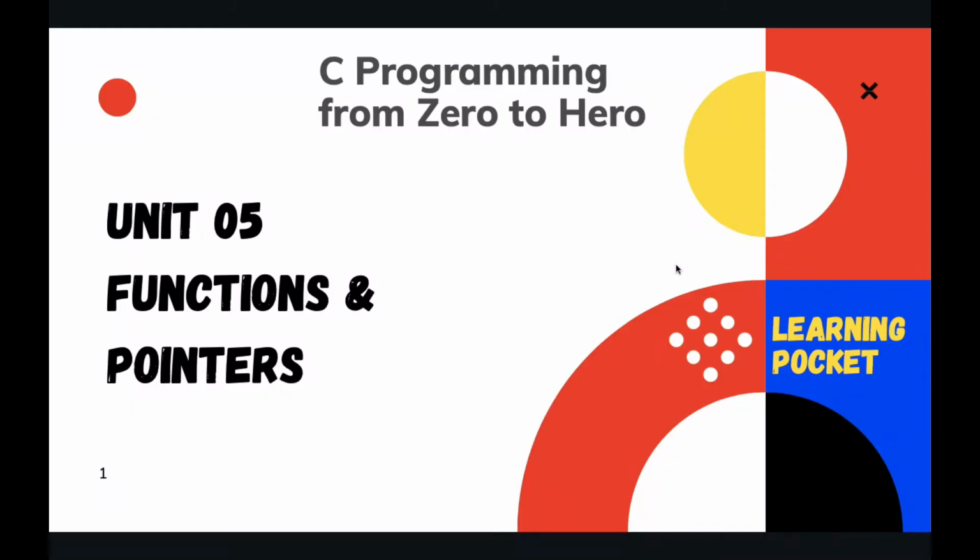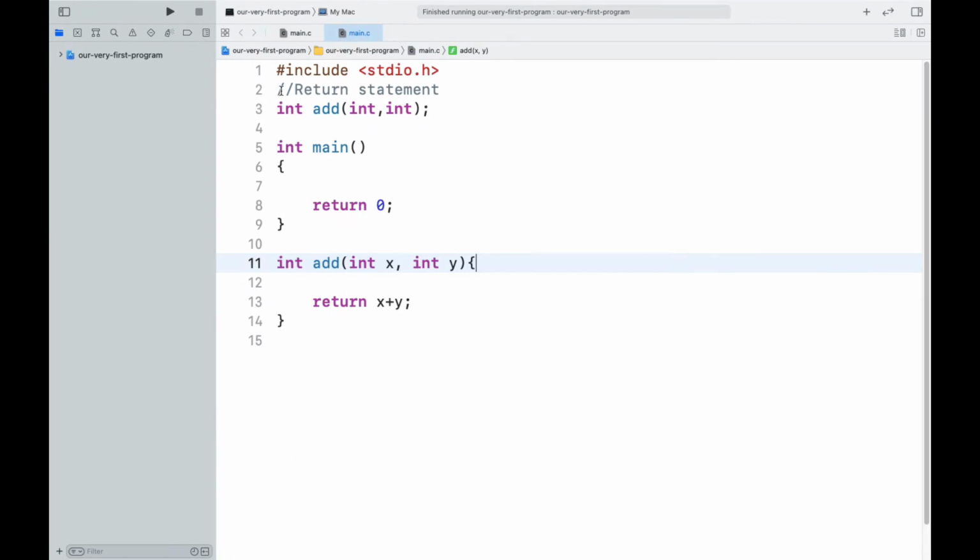Welcome back to Unit 5, Functions and Pointers. We have discussed almost all the topics, and I needed to discuss a small topic that I missed, and that is the return statement. I mentioned that you need to write the return statement at the very end of the function definition, and that is partially true. We can write the return statement multiple times in a function, but